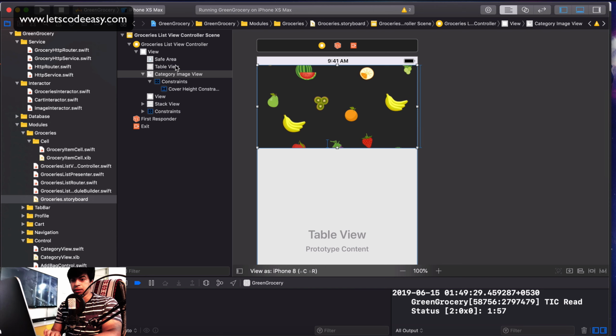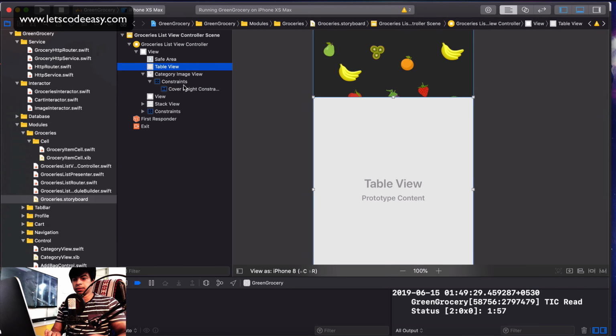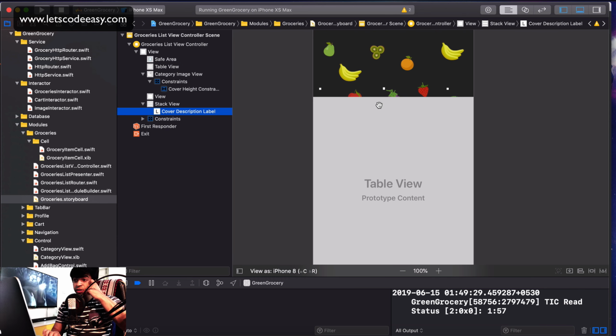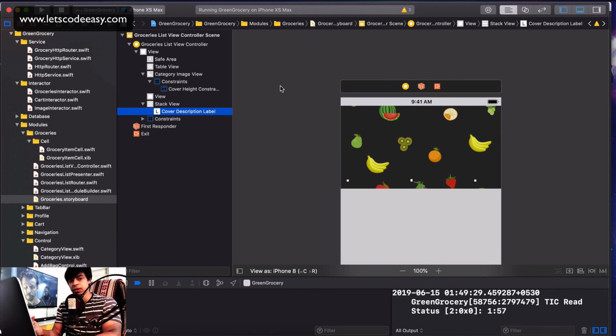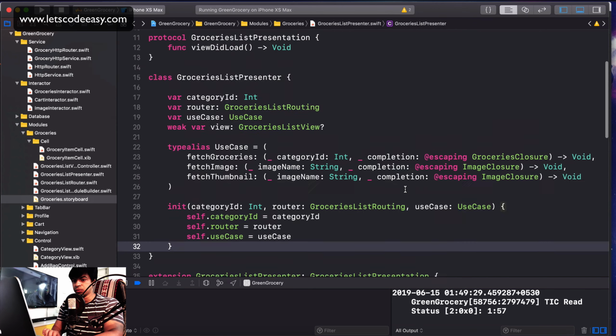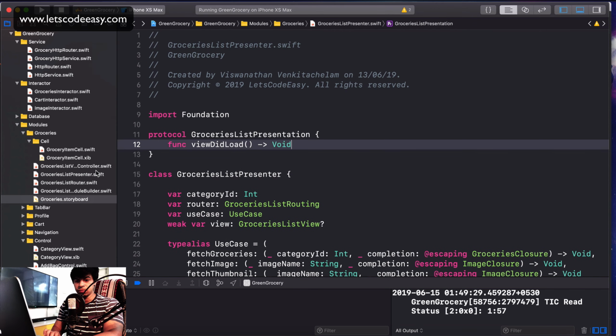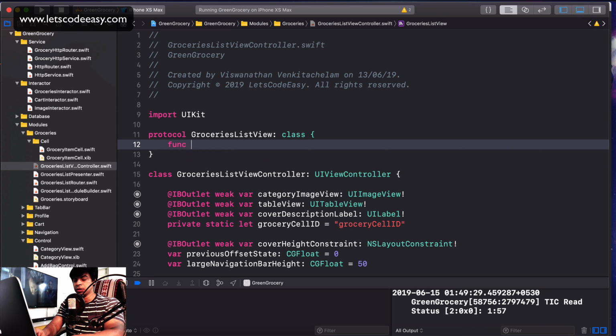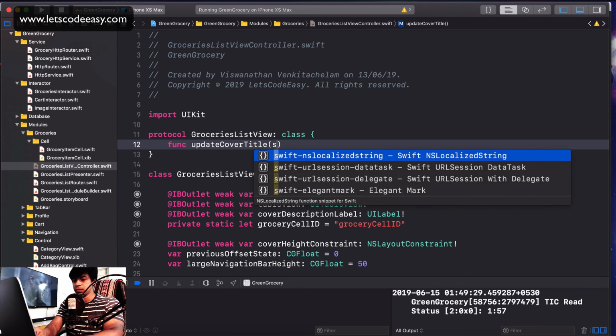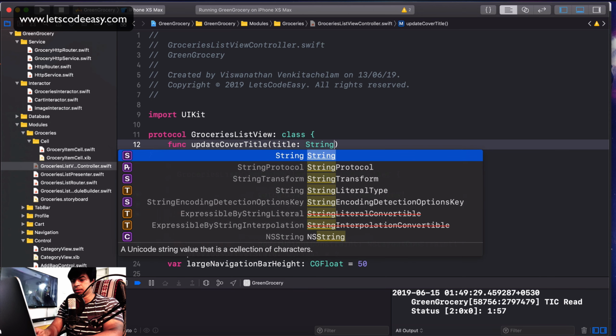I have a table view, and then there is a stack view which has the cover description, and then this image view, which is this. So these two I can actually set values to, the cover description label, because I already have the title now, so I can use that. So two things I can do. So let's just create in the view a couple of functions. One is to update the cover title, which takes the title string,